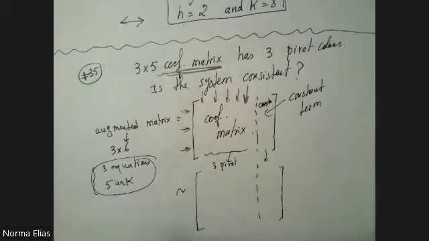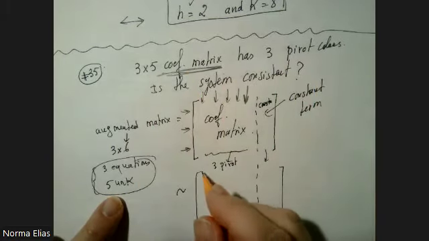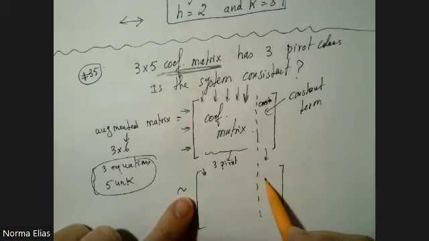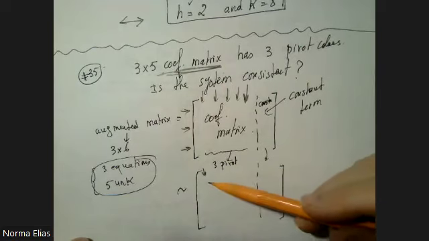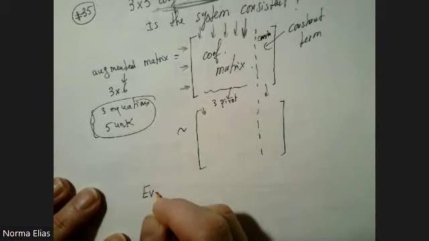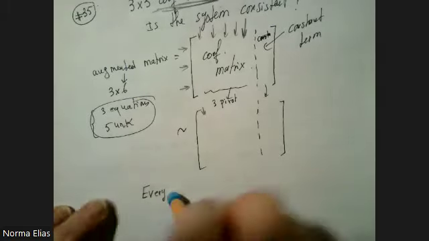Okay, now that I explained the situation, my question to you is, is the system consistent? I expect an answer. Yes or no? Yes, because there will be a leading entry in each row. There would never be a row that looks like that. The system has to be consistent because if the coefficient matrix has 3 pivots, it means I will have a pivot in 3 columns. But we know that we cannot have 2 pivots in the same row. So if you have 3 pivots and we have 3 rows,